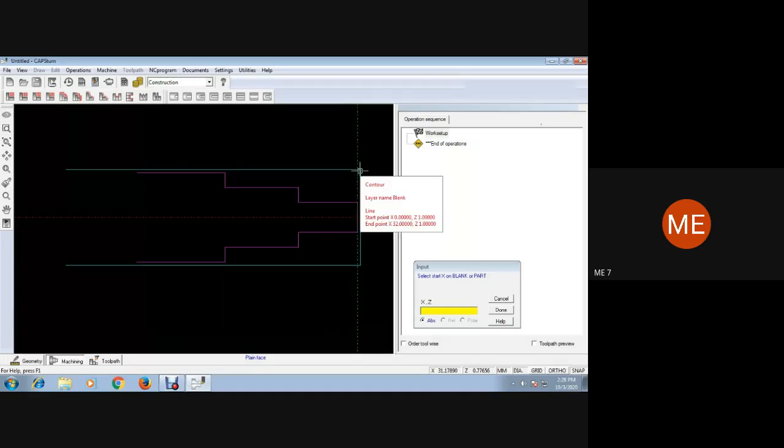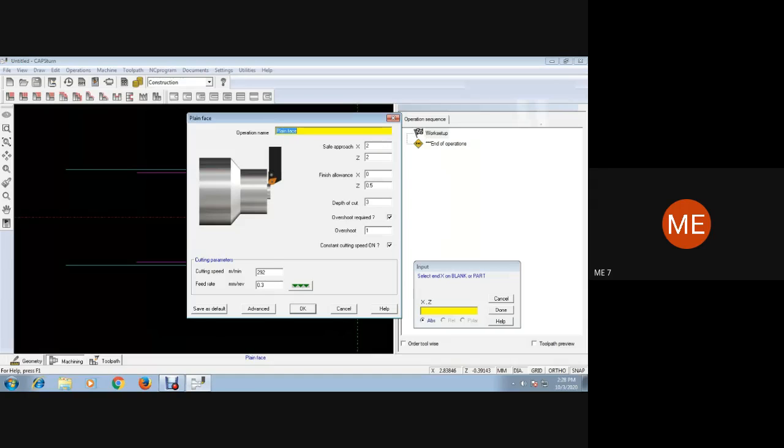So we'll select the corner, top right corner, until the center. Once your clicks are correct, this window will appear automatically. If you have not selected the right points or corners from the drawing, this window will not appear.